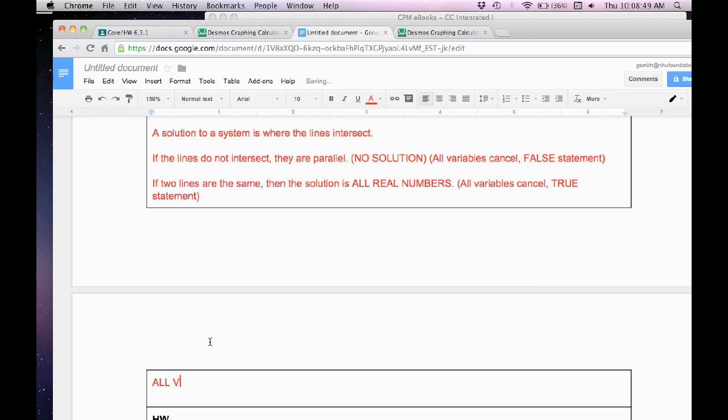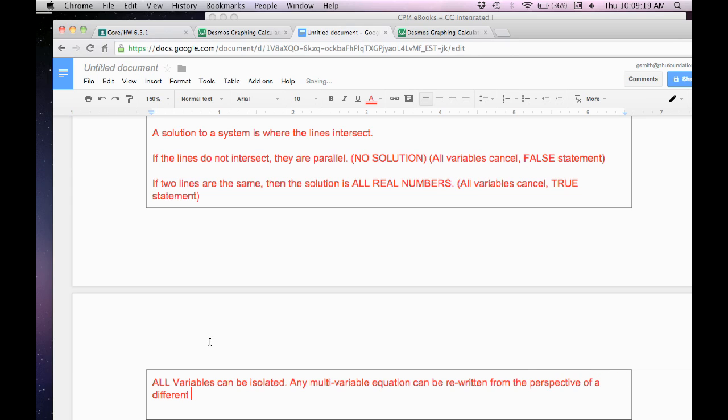all variables can be isolated, and any multi-variable equation can be rewritten irrespective of a different variable. So, the example is,